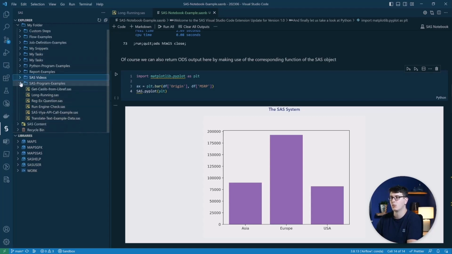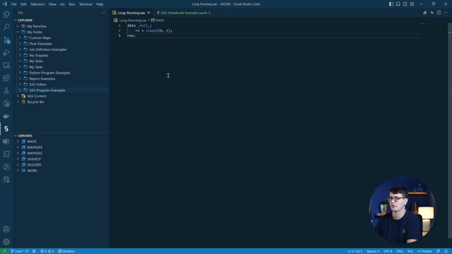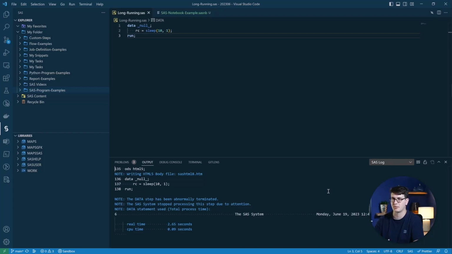And finally, we also got the ability to cancel long-running SAS jobs if you are unsure why it ran too long or it ran longer than you expected. So here I have an example, just using the simple sleep function to let SAS run 10 seconds idly in the background. And you get this little pop-up where you can click cancel, and this will go to the next step boundary and terminate your SAS code. It's the same as when you click cancel inside of SAS Studio, instead of letting this now idly wait for 10 seconds. These are all the cool new updates that have been made available within SAS VS Code Extension 1.0.